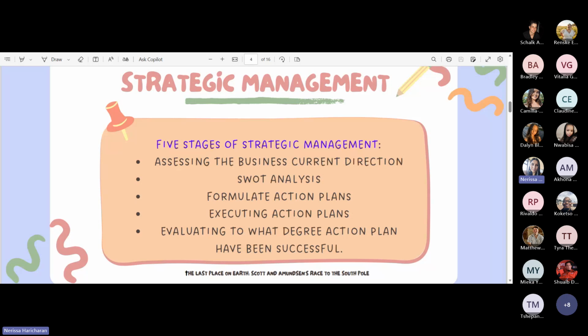So the stages of strategic management: number one is understanding where you are going in the business. So what is your current business direction? What is your mission? What is your vision? What are the values of your business? You need to understand your mission statement for your business. Why does your business exist? And what is your primary objective? What do you want to achieve at the